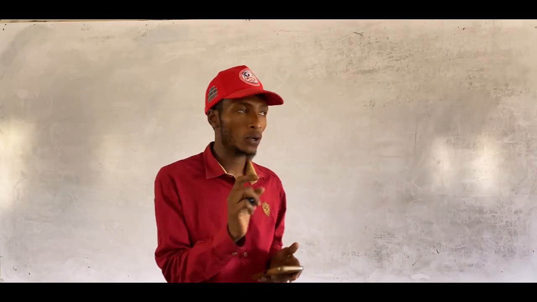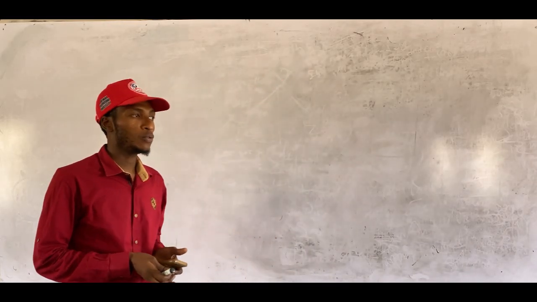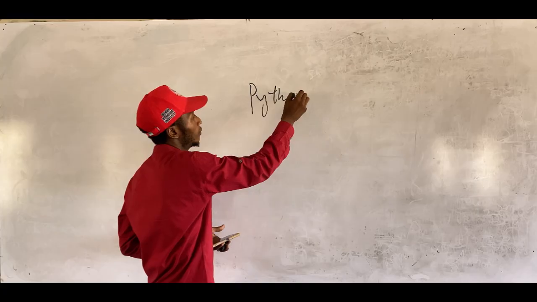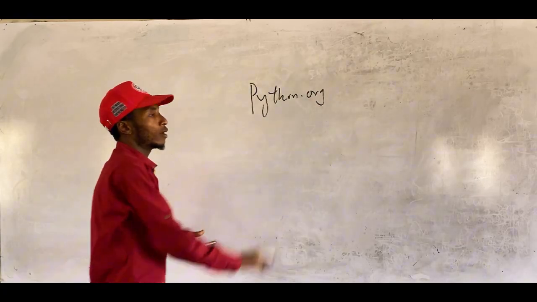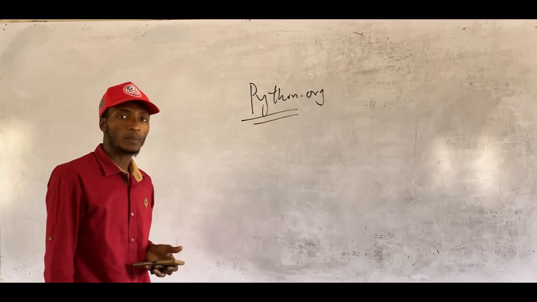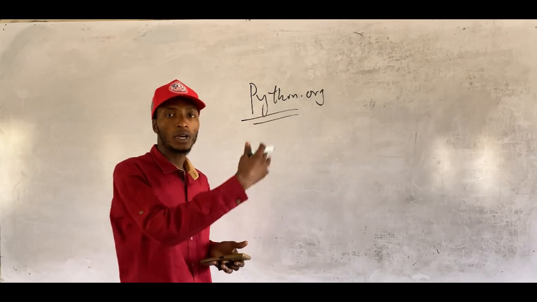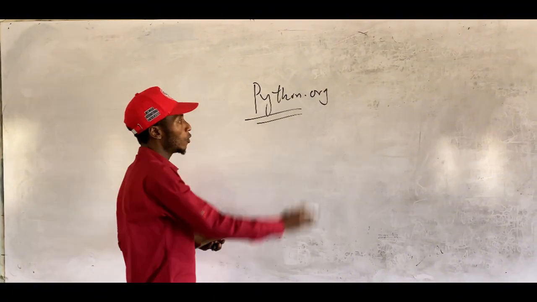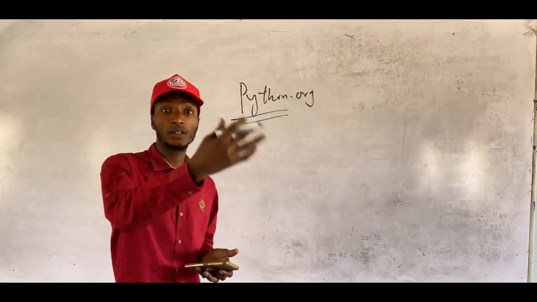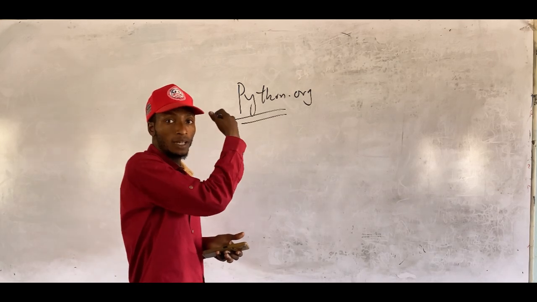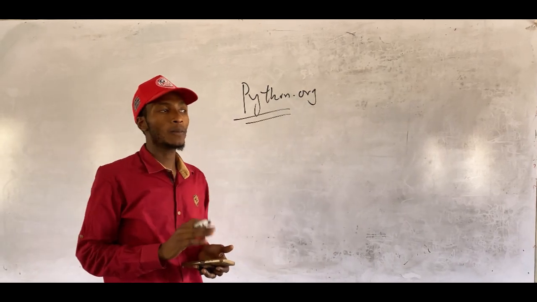Now you need to have Python installed on your computer. Where can you get that? There is an official site for Python, that's python.org. Once you visit this site, you can download it for Windows, Mac OS, or Linux. It's just like Java. You have to have the JDK installed on your system, right? The same applies to Python. You have to have Python installed on your system.